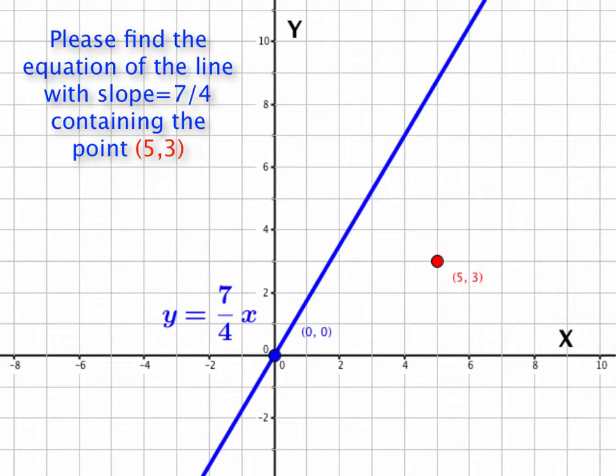And I think the easiest way to make that happen is to take our original graph and shift it to the right 5 units and up 3 units. And I'm sure you know how to do that, and feel free to anticipate. Well, if you want to shift this